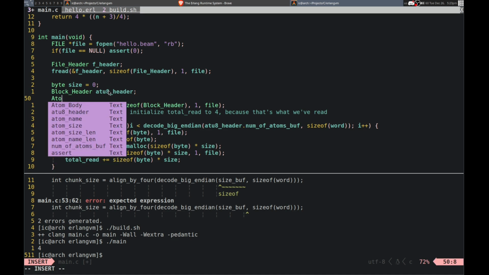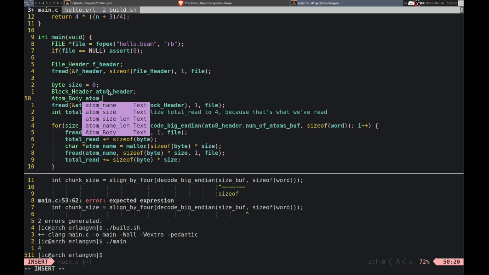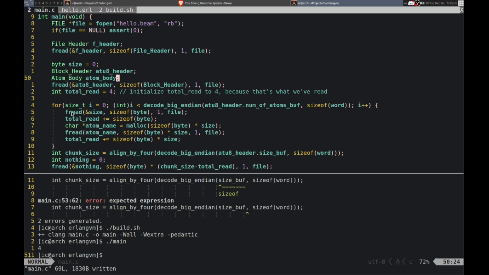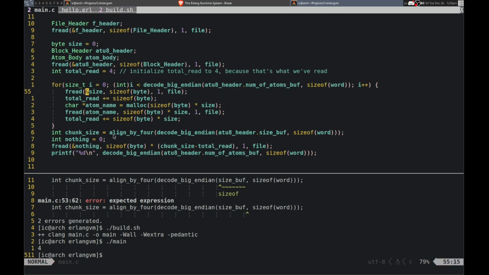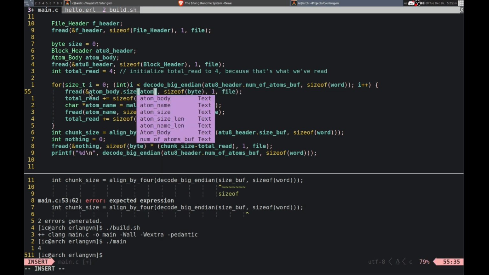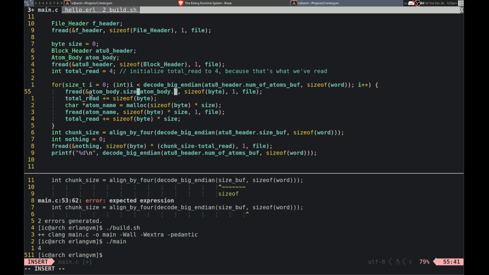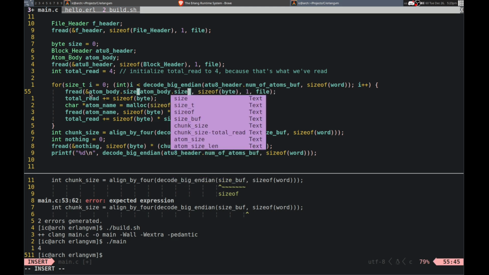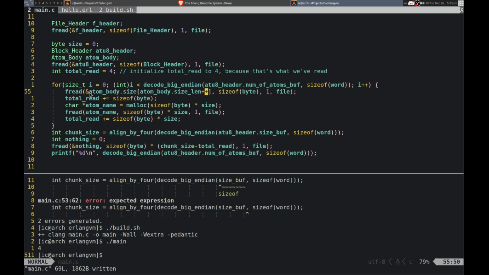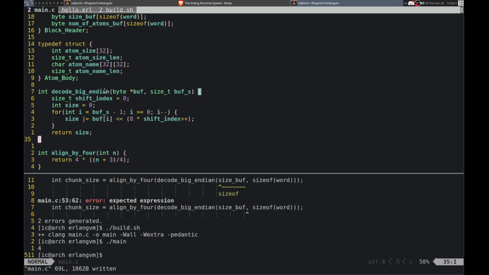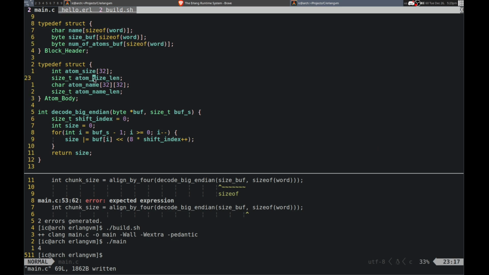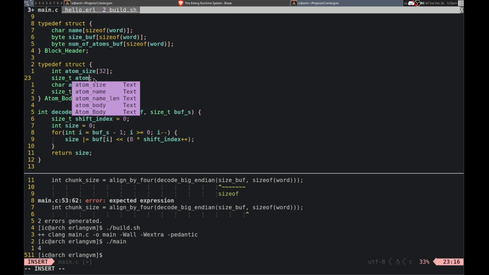So we need the atom body. Alright, and then we're not going to be able to ever read directly into it, but instead into each element of the array. So pointer to atom body dot atom size. Well, it can just be called size, really, because we only have the atom body there. So yeah, I think that is probably a good idea. We need the current size. So that is size len plus plus. That is what we're going to read into that. So yeah, we'll get rid of the atom from it.